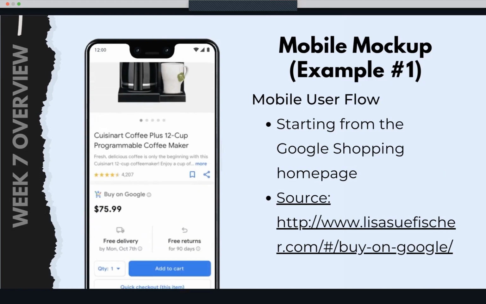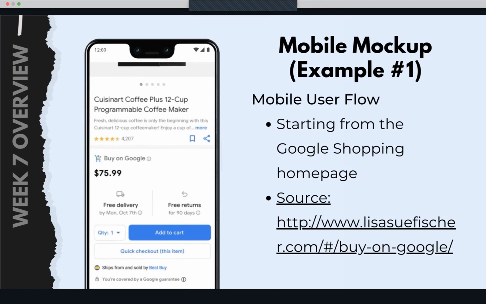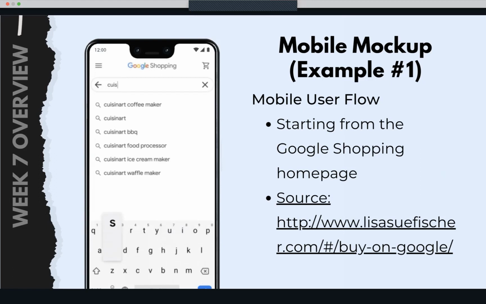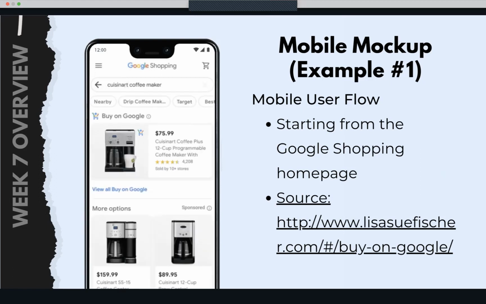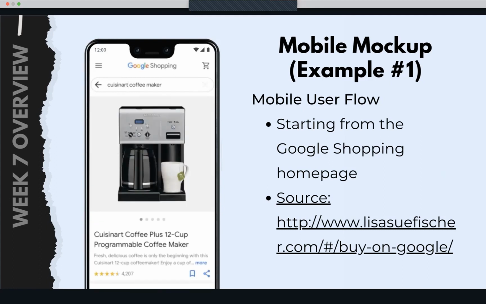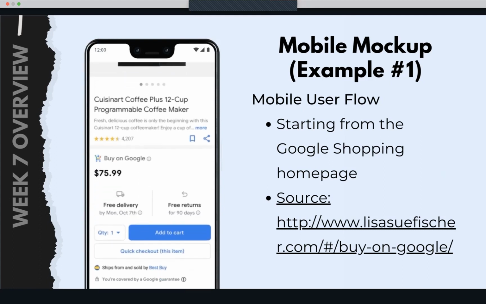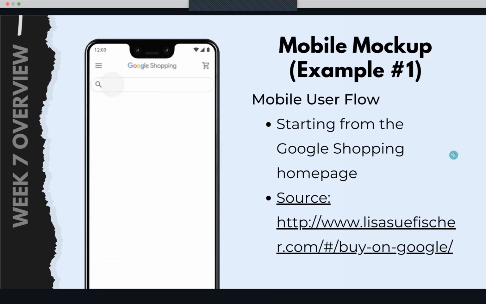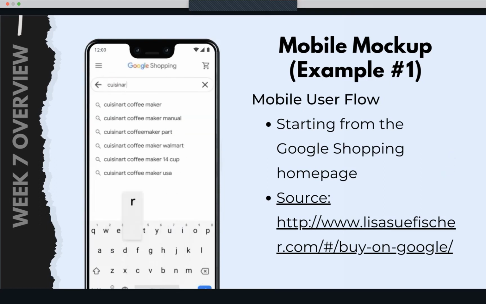But the image on the left is an example of a mobile mockup, which you can also implement if you would like to do screen recording of the process itself, or you can just do screenshots and place them within a mobile mockup, such as this iPhone here on the left. You can do Android using the